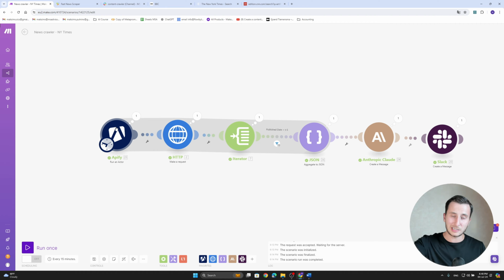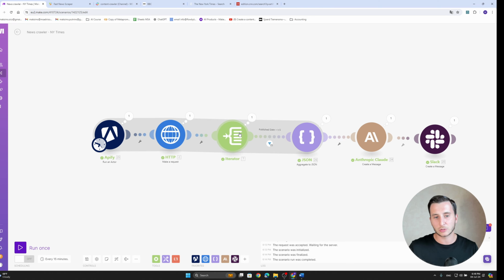Essentially, it scrapes the information from the news outlet we're choosing. Then the HTTP request grabs the information from Apify. The iterator then splits the information so we can work with each article in particular. Then we have a filter, and the filter here would filter out the dates. We essentially want to follow only the latest articles, not all the articles, and we're going to discuss that. Sometimes you are not able to scrape the articles based on specific dates, so you will need to find a way around it, and we're going to be doing this with a filter